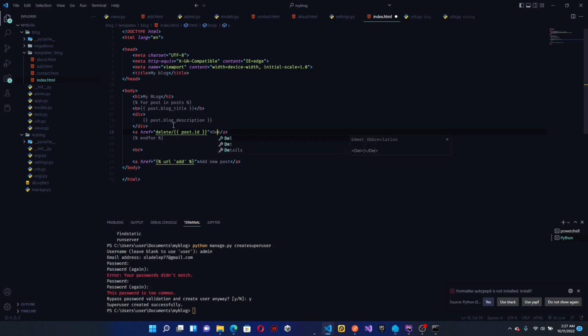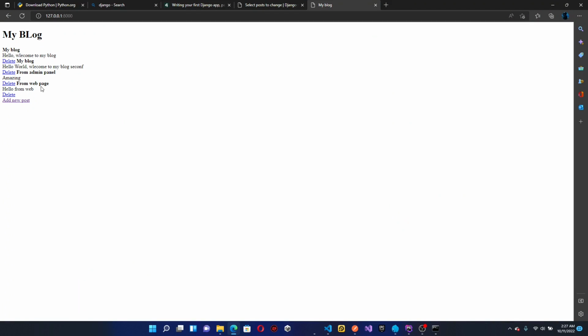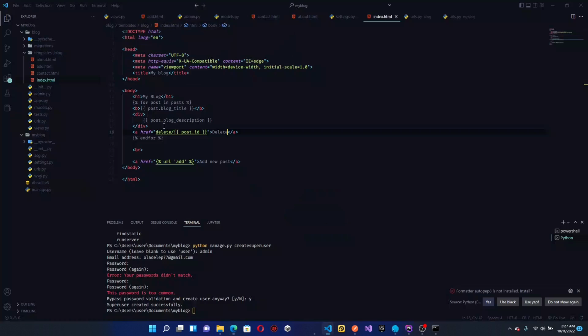Here we can specify delete. We save this, head back to my browser, refresh, and you see delete on this side. So we have delete 1, delete 2, delete 3, and delete 4. So basically that's how we pass it. So in our views now,